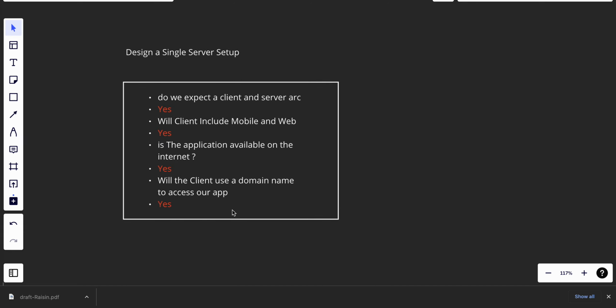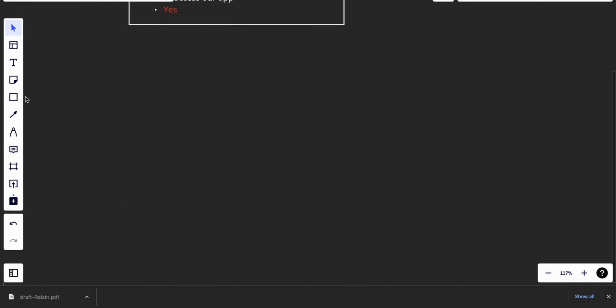There are no functional requirements and no non-functional requirements. It's pretty basic. Basically, we want to create a one server system, where the client could be mobile or web. It will connect to the server by its domain, and maybe we'll use the HTTP protocol, something like that. But let's just start from the beginning, and let's create